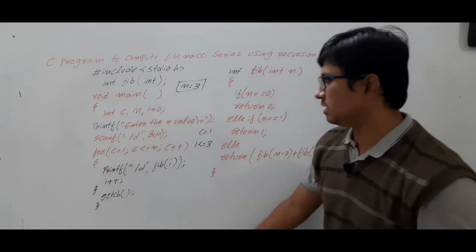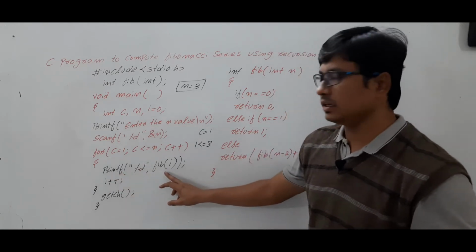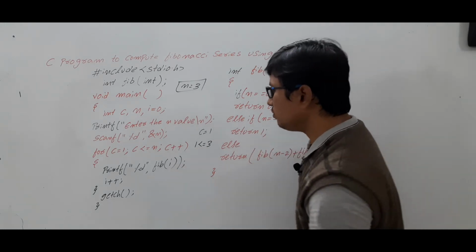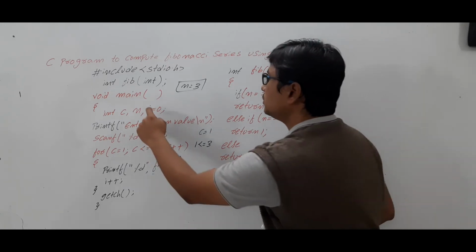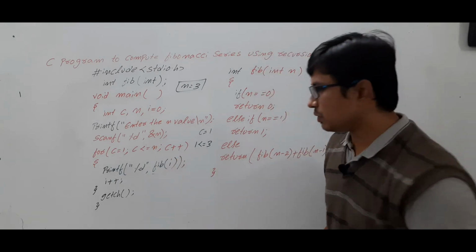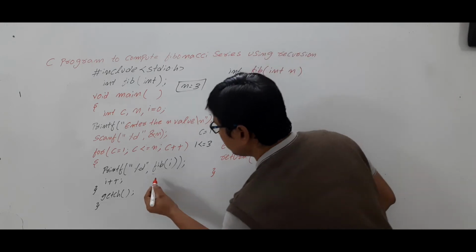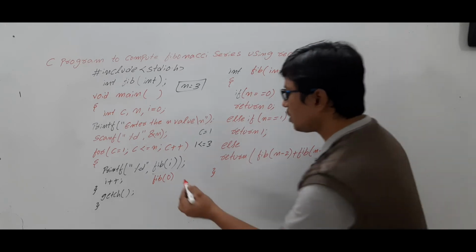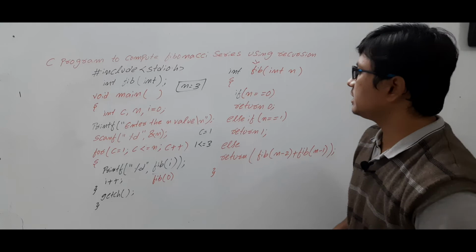What is the statement there? Printf %d. Inside the printf, I am calling a function called fib. Is it clear? So the control will go to the fib of I. What is the I value? I value is equal to 0. Are you able to understand? I value is 0. So now if I value is 0, it will call the fib function with an input called 0. So the control will go here. Is it clear? Are you able to understand it or not?